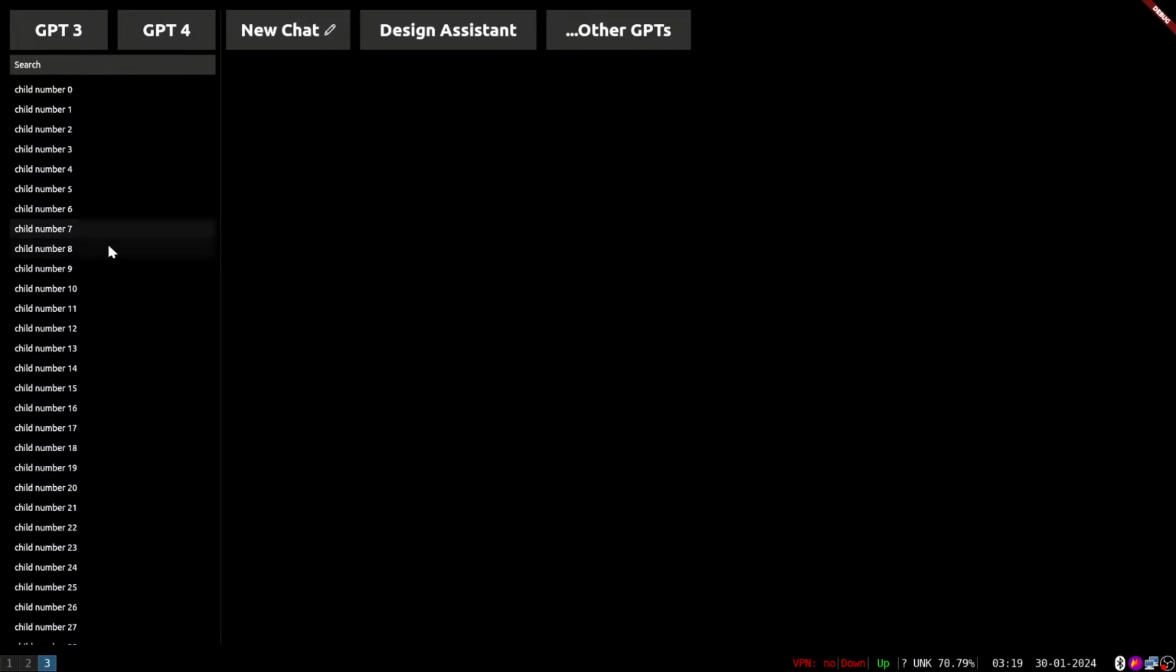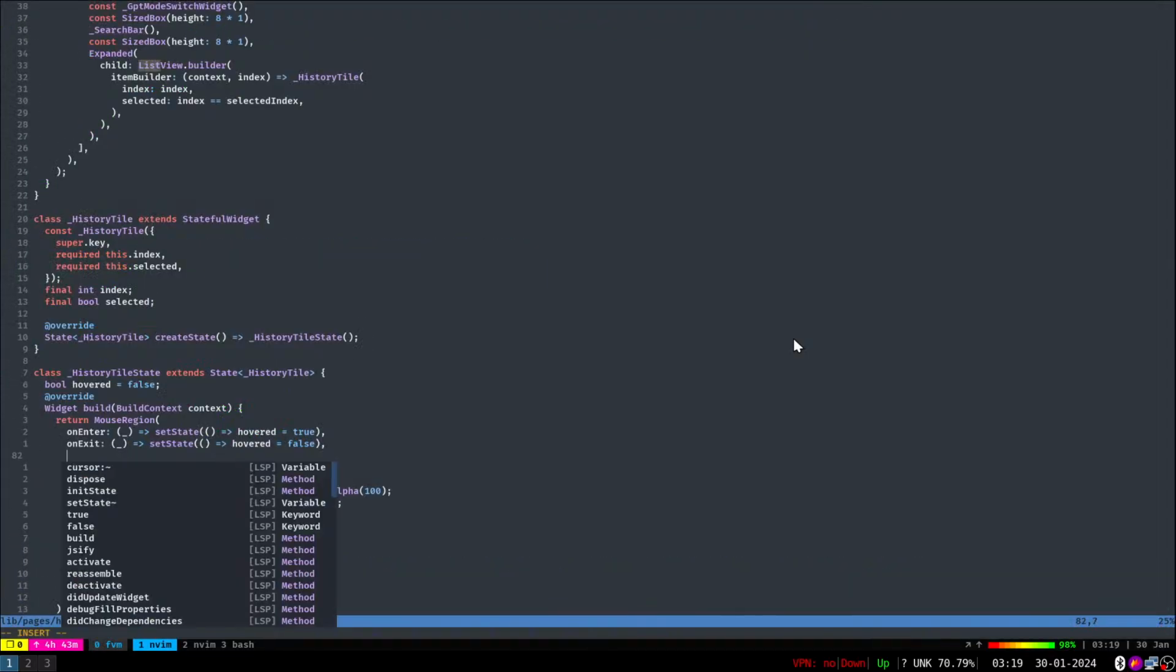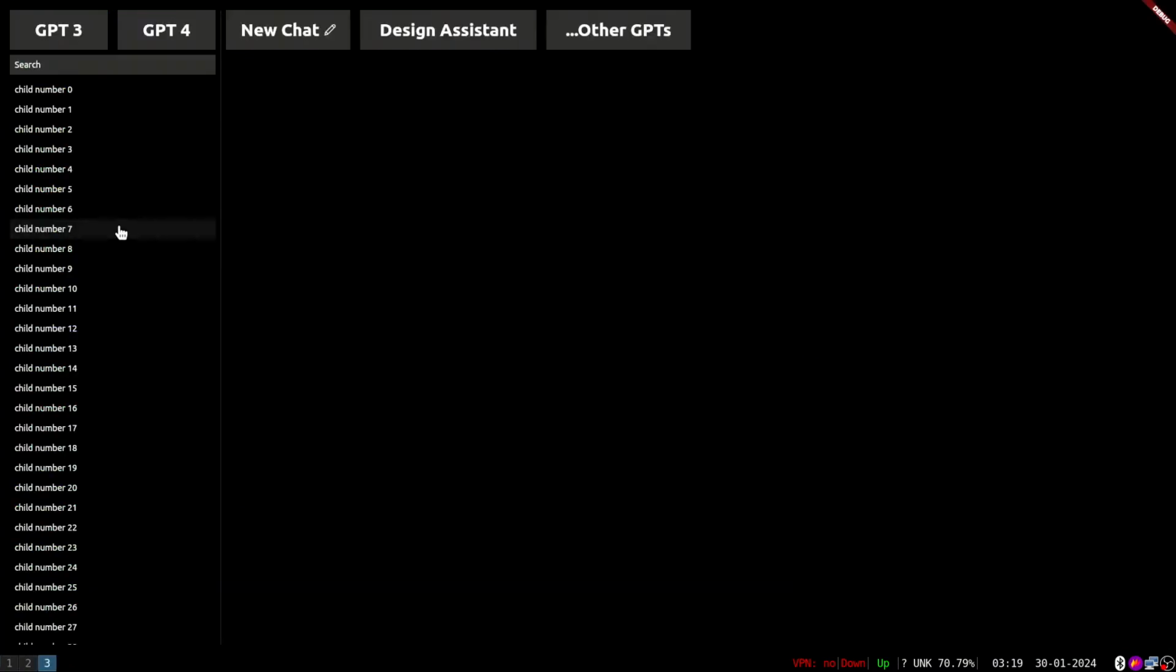So we can have a little hover effect like so. We can even have the sort of link effect, which I guess I should. So we'll just do cursor is SystemMouseCursors.click. I think this is